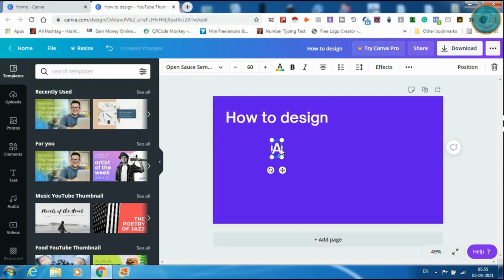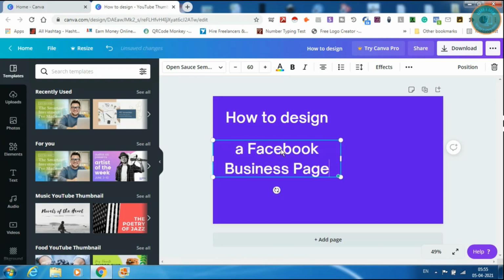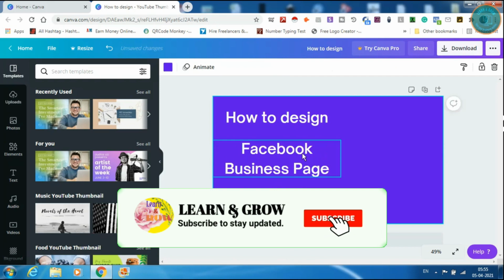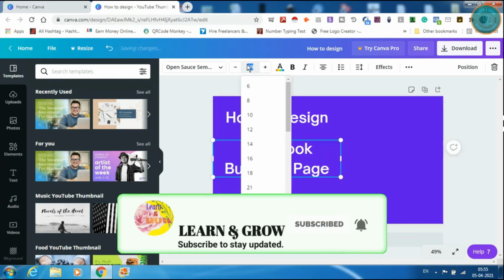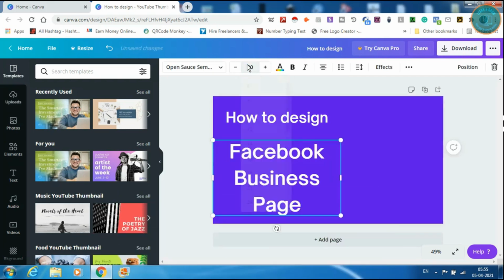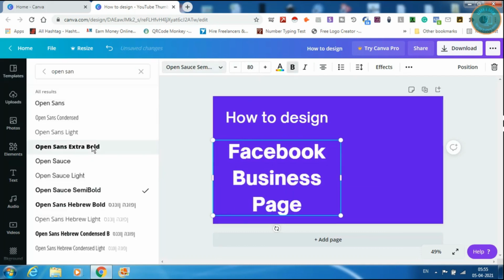a Facebook business page. Okay, how to design Facebook business page. We are just making it a little bigger, changing the size. This Open Sans extra bold is the font we are choosing, and by